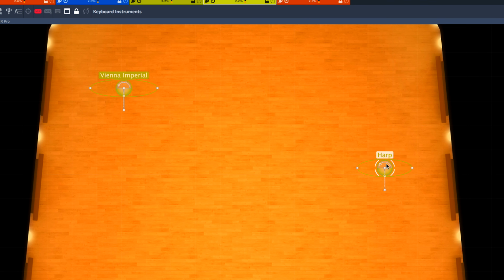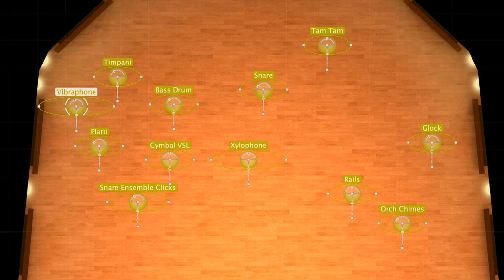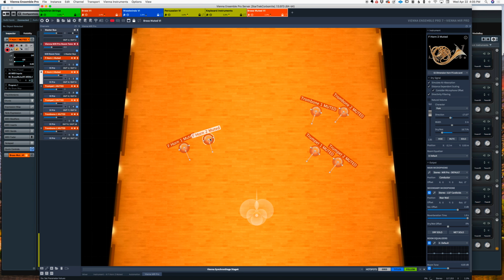One thing I did to stay true to the original cue was pan the harp to the right and vibraphone to the left, as this seems to be a thing that was done back then. I also dragged all of my muted brass closer to the main mics. Those old Star Trek scores are dry and personal, which is an aesthetic I've always liked.